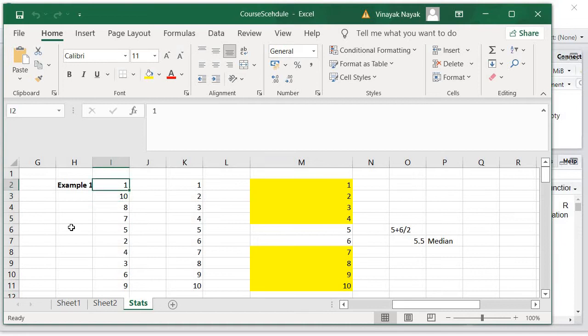Now if you see carefully, the first thing you need to do is sort the numbers either in descending or in ascending order. So I have sorted these numbers in ascending order. These are the numbers in ascending order: 1, 2, 3, 4, 5, 6, 7, 8, 9, 10. But in the sample data set, you have 1, 10, 8, 7, 5, 2, 4, 3, 6, 9. Then the next step is sorting. Once you have sorted these numbers in ascending order,